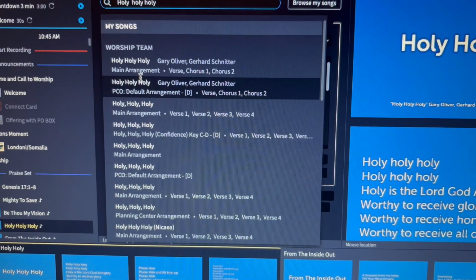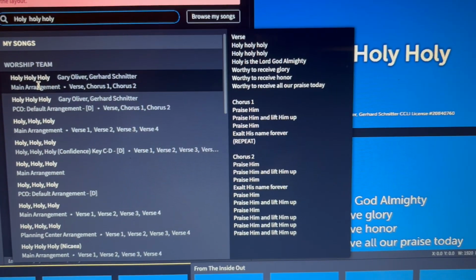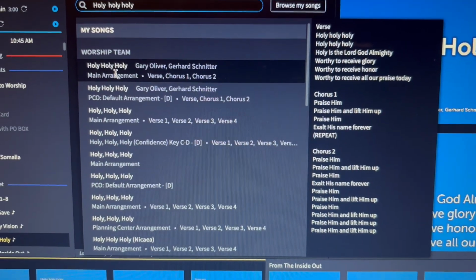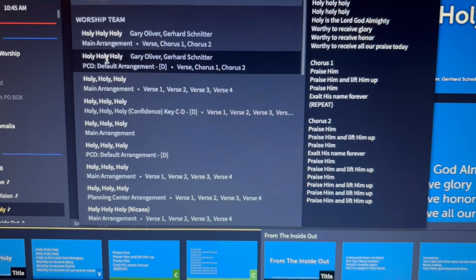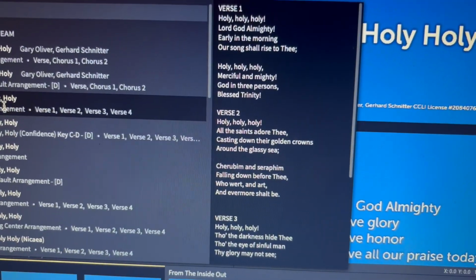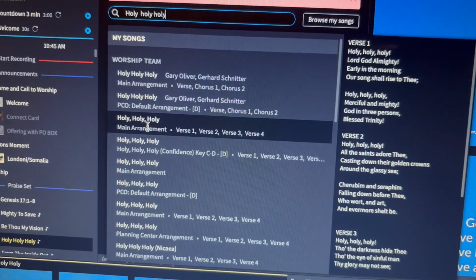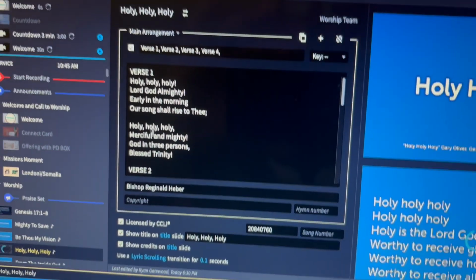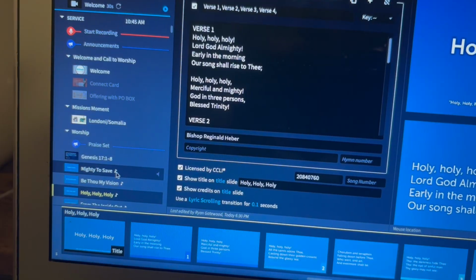All right, let's use that. That looks wrong. That one looks wrong too. Now that looks right. That version. That's the song we're looking for. All right. Now that we're done with that one,